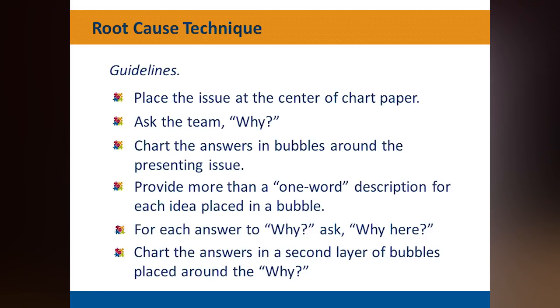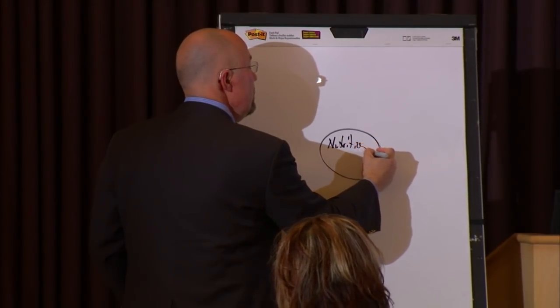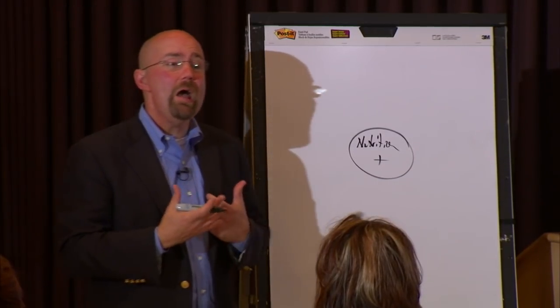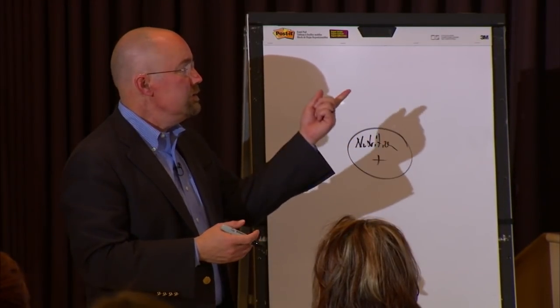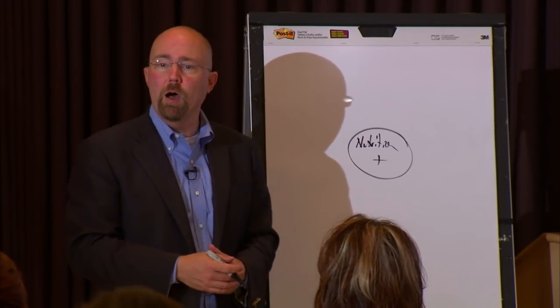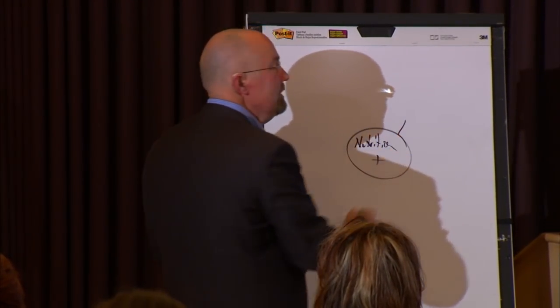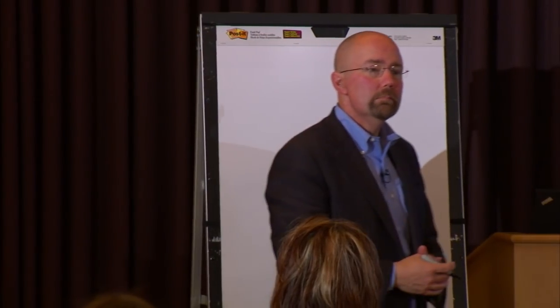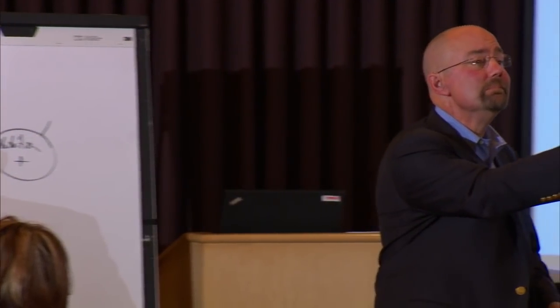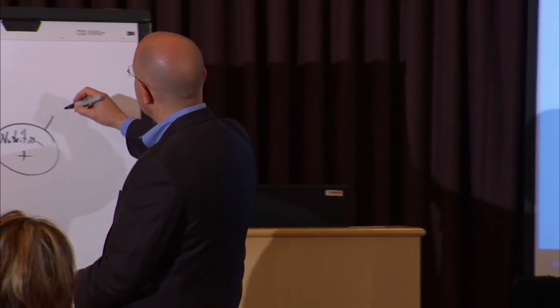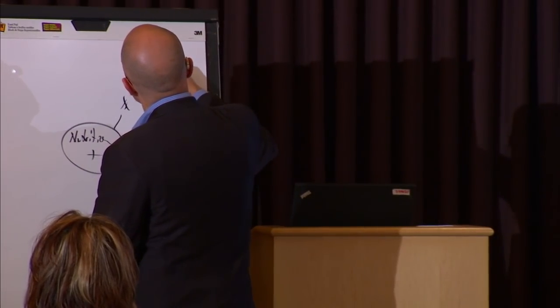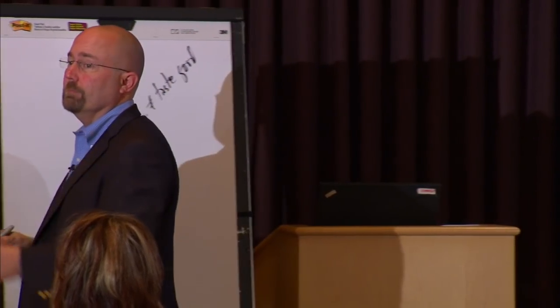Okay, so our issue is nutrition. We want to assure good nutrition for young people, and at the moment, young people are not eating nutritious food. And so we use these two questions. We ask why and why here. Why are young people likely not eating nutritious food? This is brainstorming. Any rule? Don't like it. They think it doesn't taste good. Does not taste good. What else?